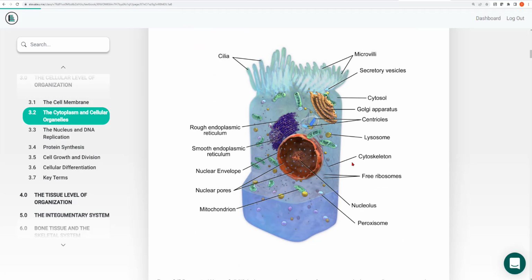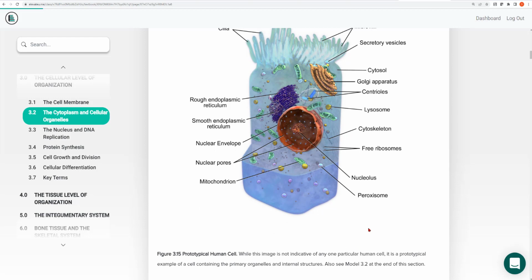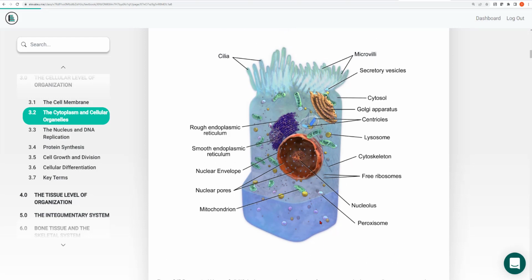This is a cell that you'll be labeling in an activity here. This is similar to a cell that you'll be labeling in your lab 2 materials in the lab manual and in mastering. And the reason I know that this cell is, quote, a prototypic cell, this cell would never exist. And you may not recognize why, but I'll point this out right now. Never in the human body is there a cell that has on its surface both cilia and microvilli. Some cells have neither. Some cells have one or the other, but never in the human body are there cells that have both cilia and microvilli.